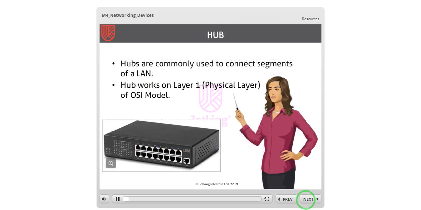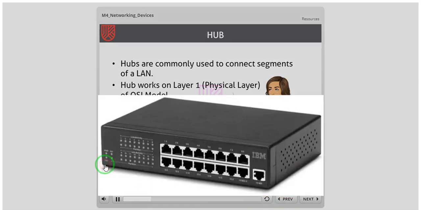Basically, a hub is a common connection point for devices in a network. Hubs are commonly used to connect segments of a LAN. A hub contains multiple ports. When a packet arrives at one port, it is copied to all the other ports so that all segments of the LAN can see all packets. This working method is termed as broadcast of packets.